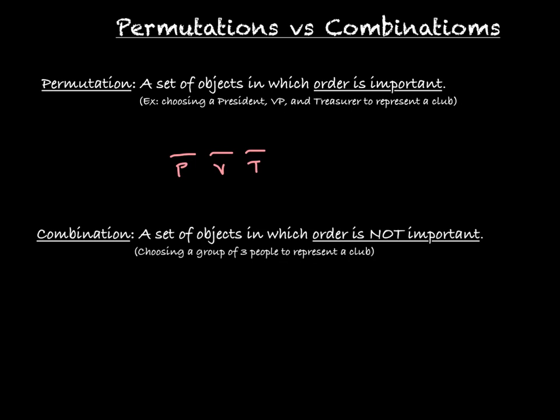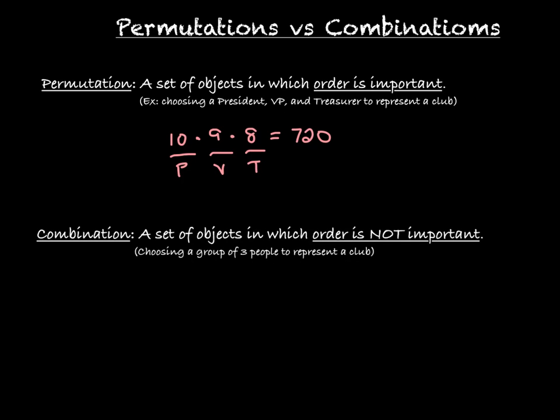Now, if you think about it, if there's 10 people in the club, we have 10 people to choose from for president. Once one of them fills that spot, we have 9 people to choose from for vice president. And then once that person fills that spot as well, we have 8 people left to choose from for a treasurer. And when you can say the word and, what it's telling you to do is you want to multiply. We want to choose a president and a vice president and a treasurer. So you would just multiply these together and you would get